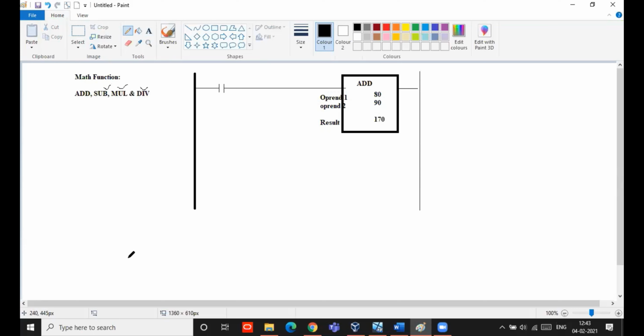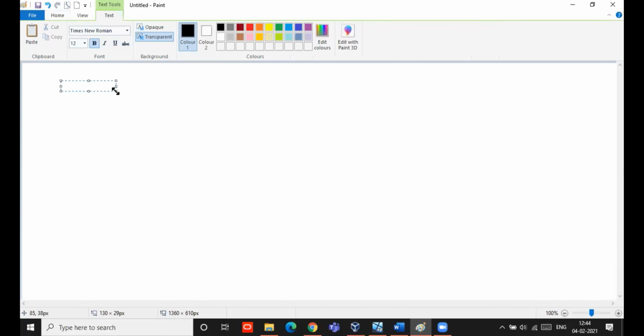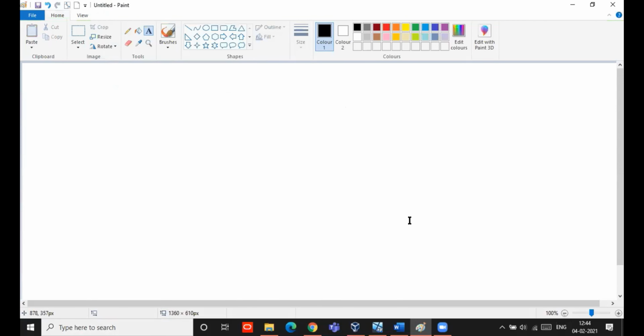Okay, so this is how it will be functioning. So these are the different functions available.